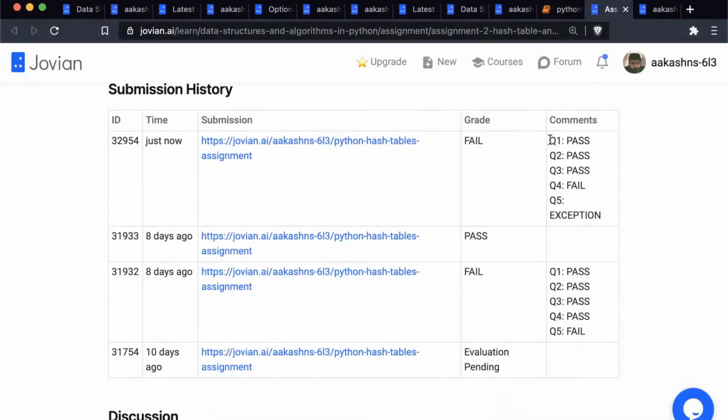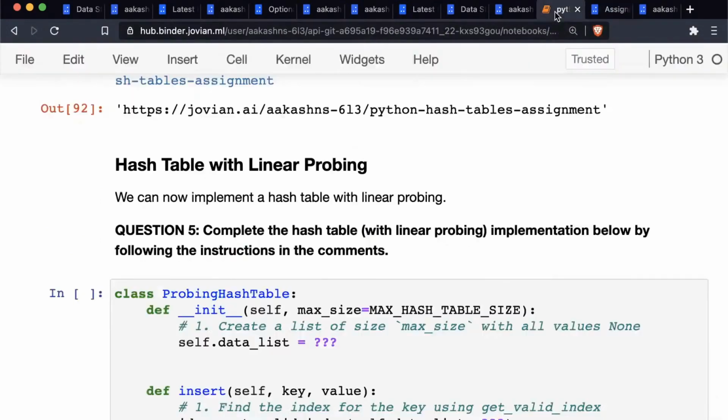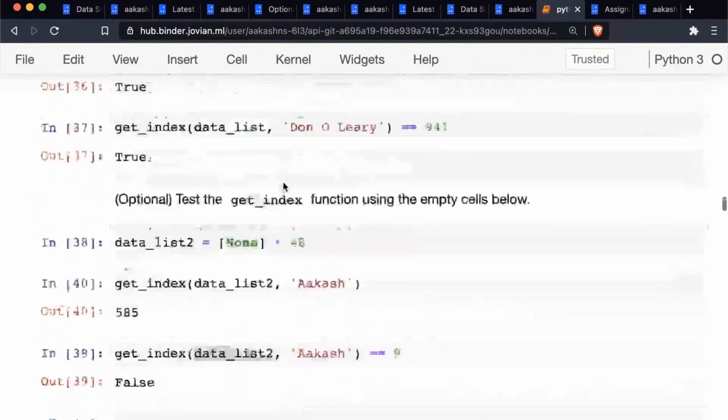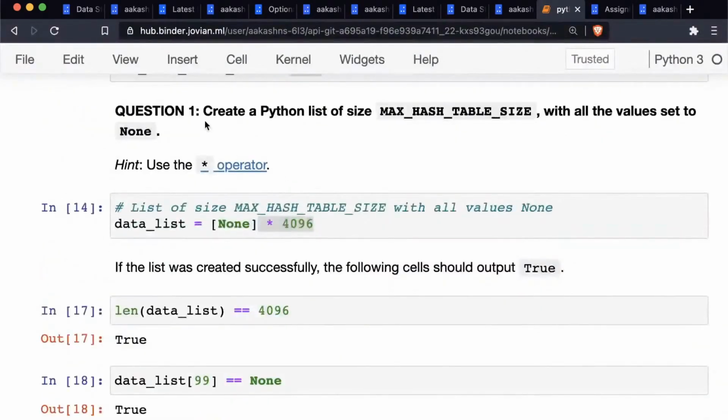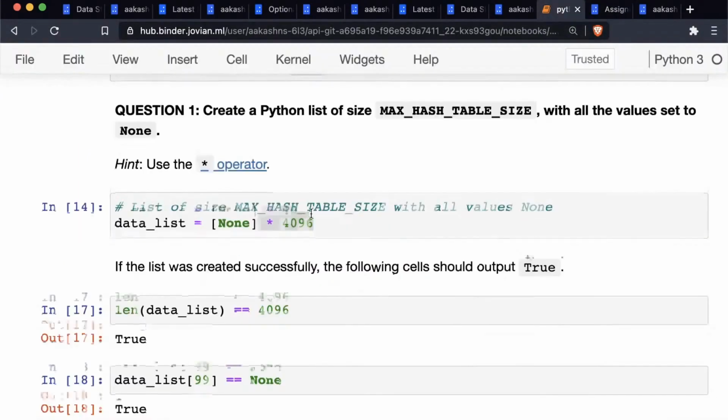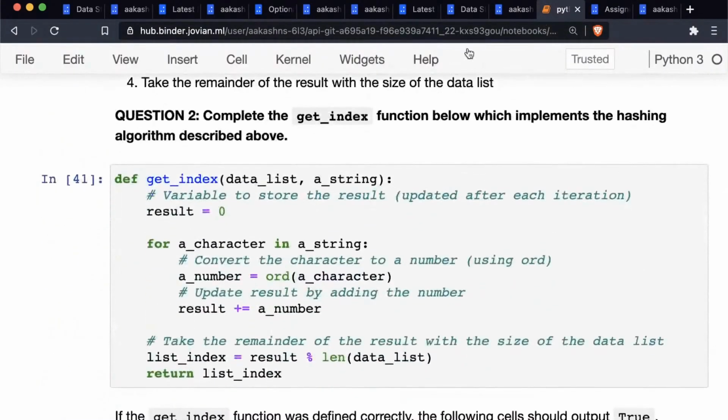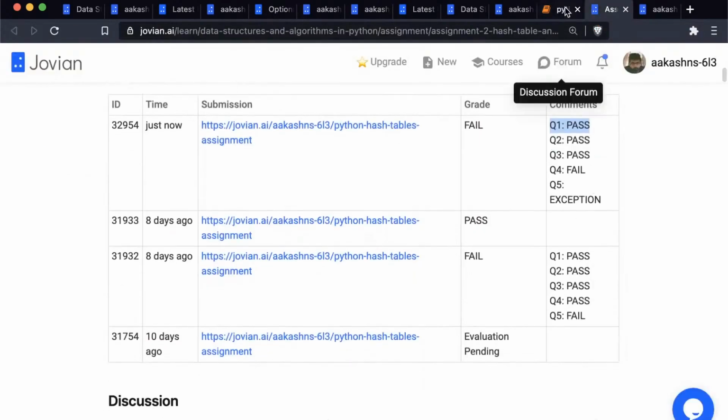So it seems like since we implemented the getIndex function, since we implemented the data list correctly, question 1 was a pass. Let's see what question 1 was very quickly. Question 1, create a Python list of size max table hash size. Question 2 was a pass. So question 2 was the getIndex function. Question 3 was a pass.